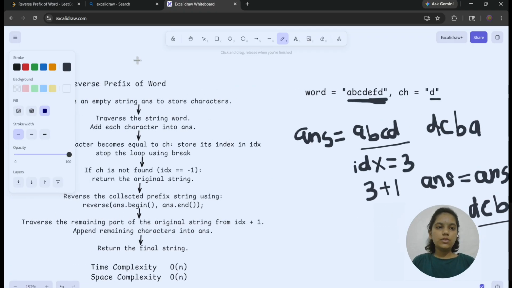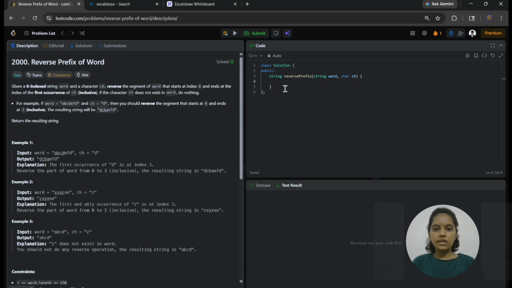Now let's do the code for better understanding. So as I said, here I have to take a string which is answer to store our final answer. After that I am iterating in a word using the for loop. So here I have to run the loop until the size of the string, which is word dot size.